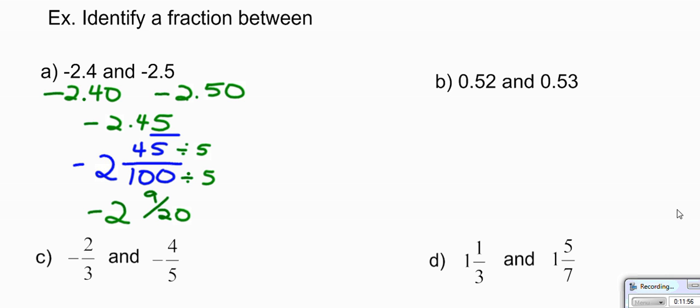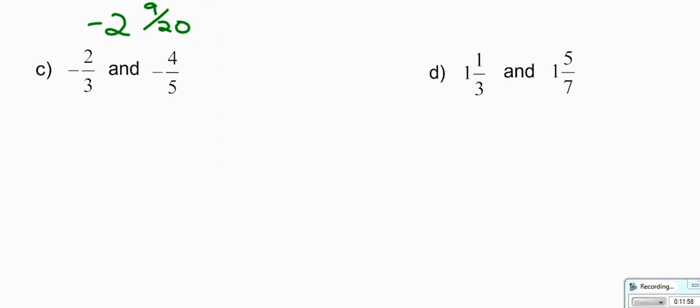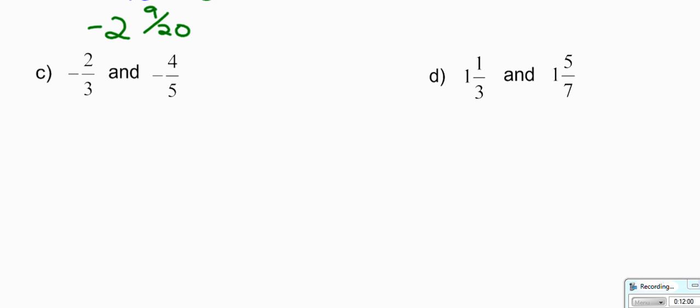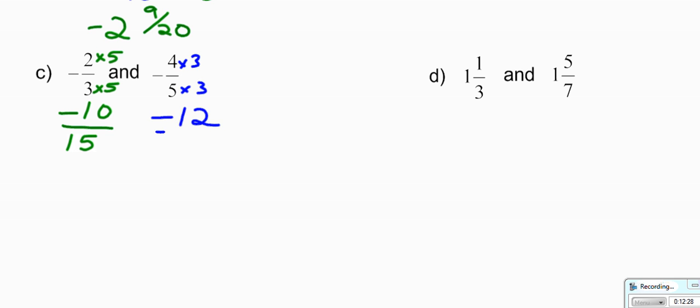Let's look at a fraction example now. So negative 2/3 and negative 4/5. In order to find a fraction that's in between them, we need to have our fractions in a common denominator. So again, I could look at multiples of 3 and multiples of 5, or I can do the quick cheat way and multiply the first fraction by 5 and get negative 10 over 15, and multiply the second fraction by 3